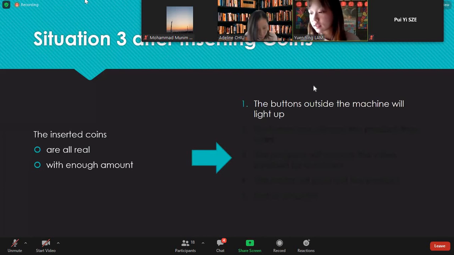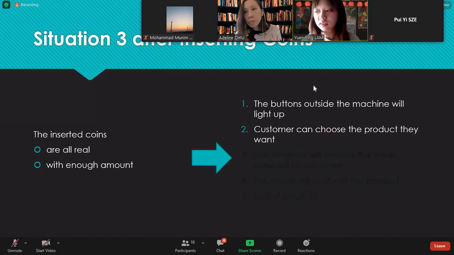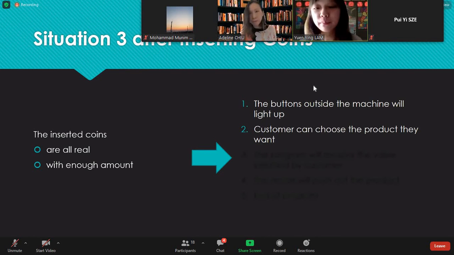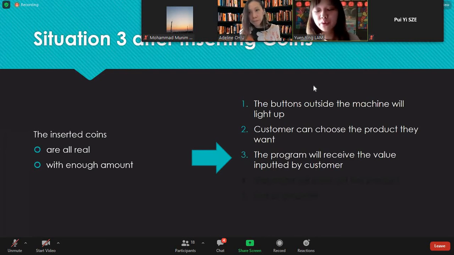At this moment, all coins are real and with enough amount to buy the product, so the button outside the machine will light up, giving a sign that the program has successfully run, and the customer can choose the product they want to buy by pressing the button or inputting the number to the machine, and the program will receive the value that the customer input,